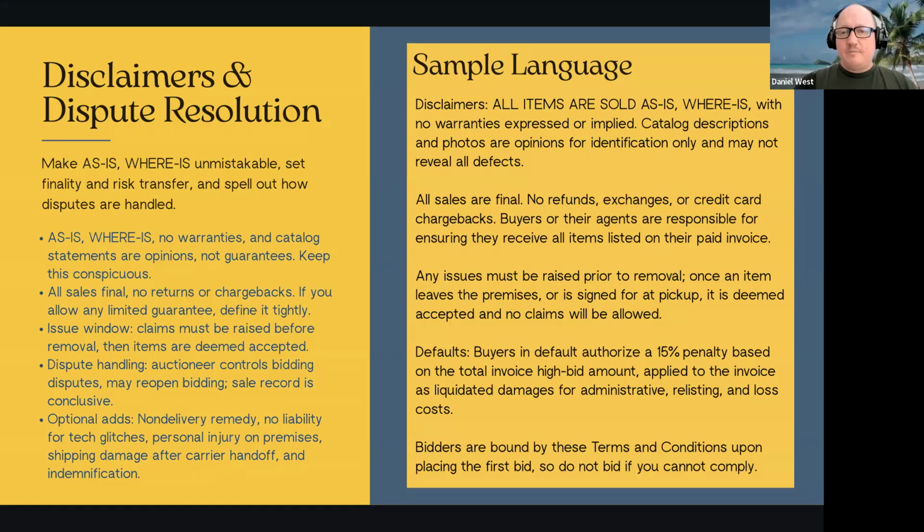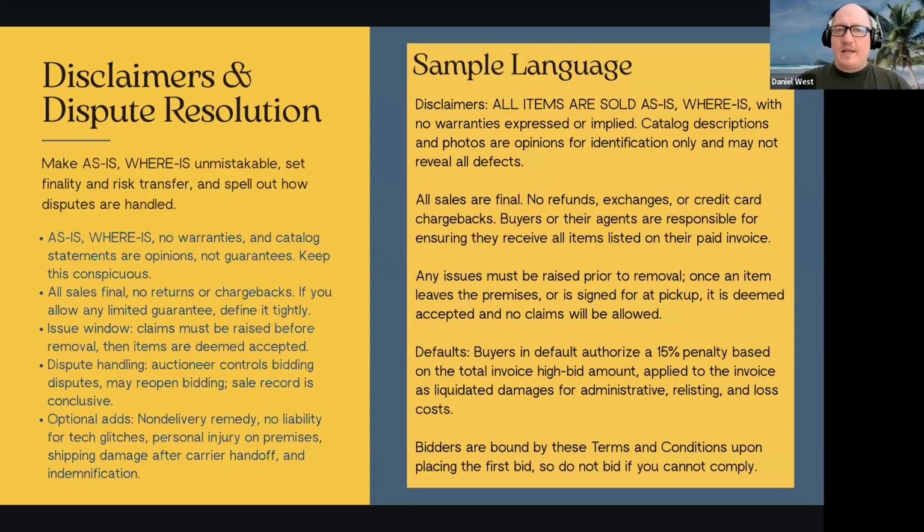I see disclaimers in every single terms and conditions out there. Everybody, like I said, has this all items sold as is, where is. Few people put dispute resolution language into their terms and conditions. So dispute resolution is really just about, if the buyer's got a problem with the sale, with the transaction somehow, maybe they get on site and they believe that the item that they purchased, the item that is being handed over to them, was misrepresented, or it's the wrong one, or whatever. They have some kind of a problem. It's broken when you said it was working. I don't know. There's a million different reasons why a buyer might complain.